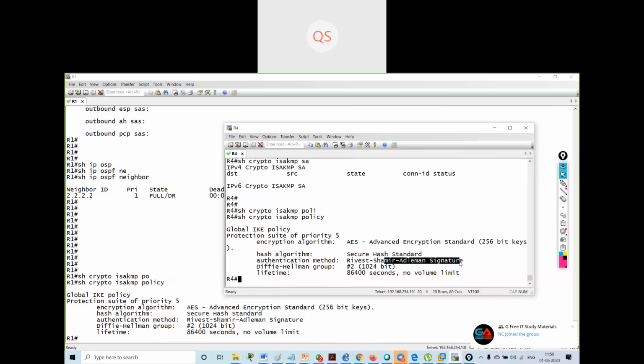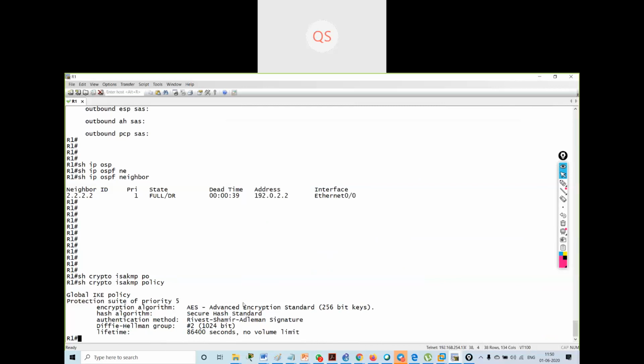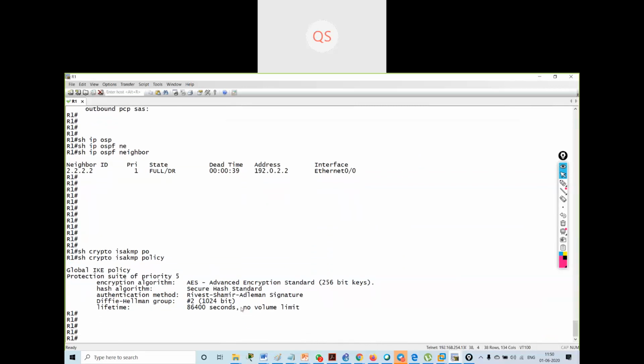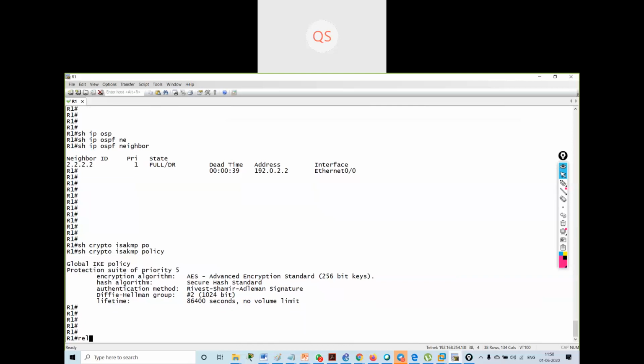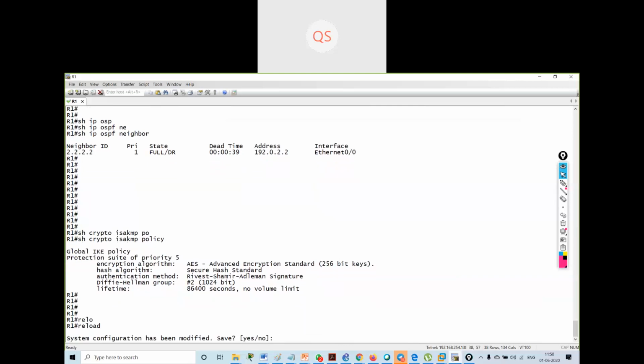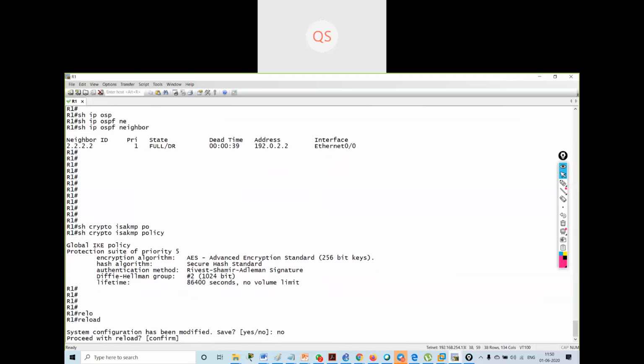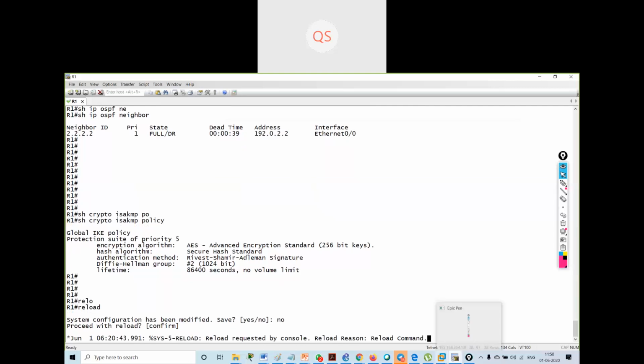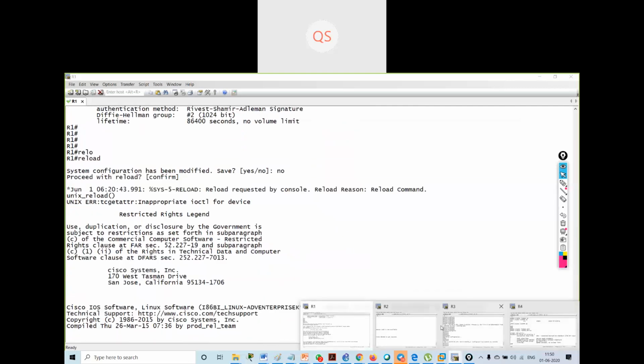There is no issue. Both should use the same mode only. Okay, what we can do, we will reload both the routers, R1 and R4.